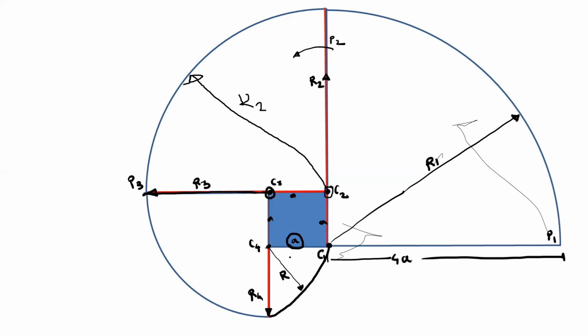So the initial length of that string is equal to the perimeter. This is how the involute is drawn. This is one example only for this square. We can draw the involute for any polygon, or we can draw the involute for a circle or semicircle.